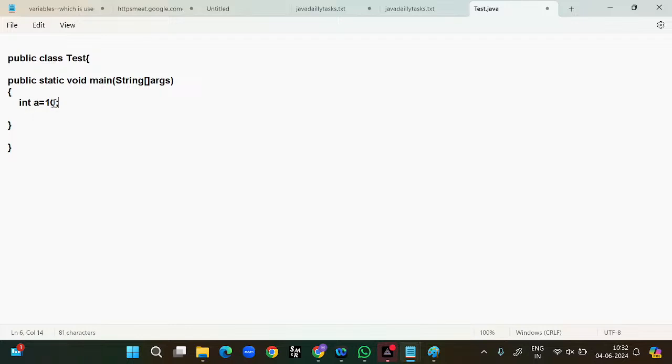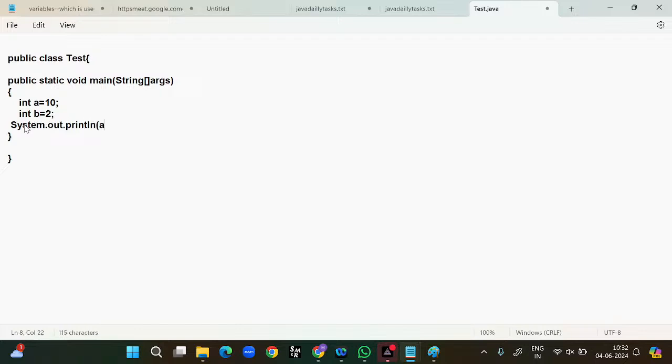In the same way, I would like to take int b equal to 2. These two numbers I want to do multiplication, addition. For that purpose, simply I write System.out.println,